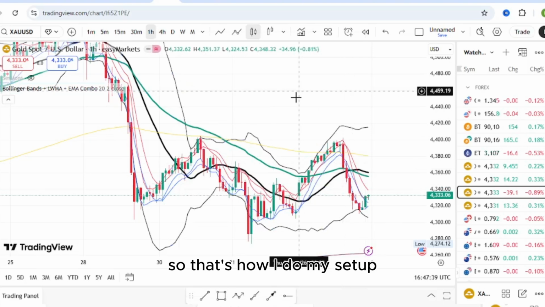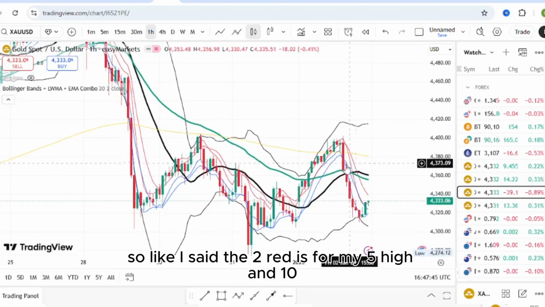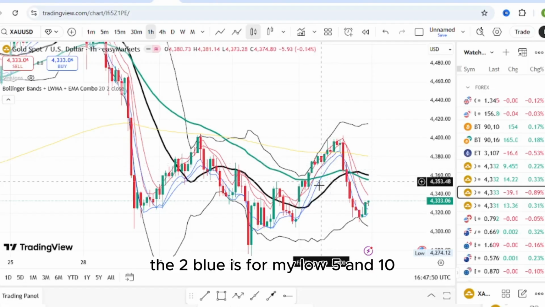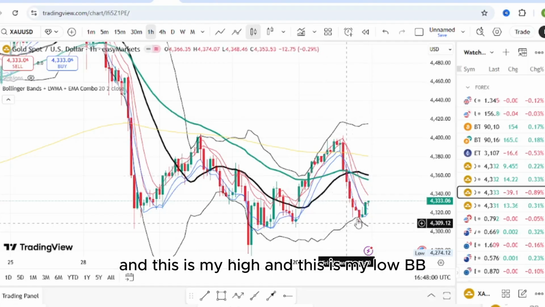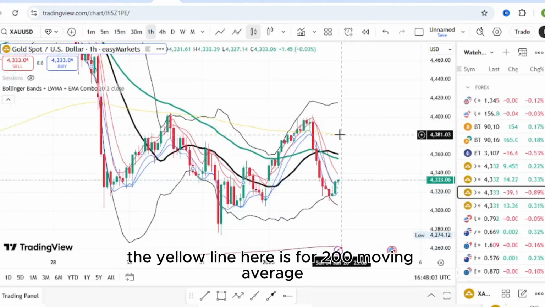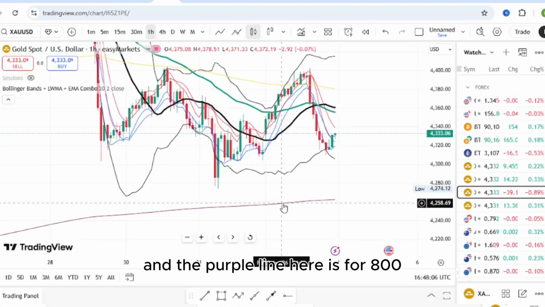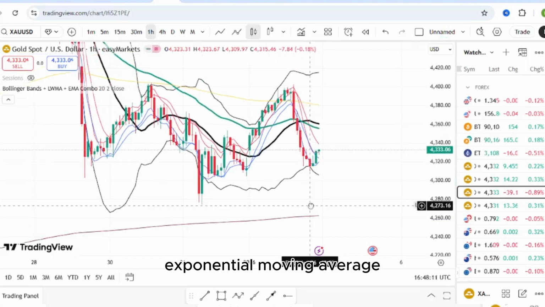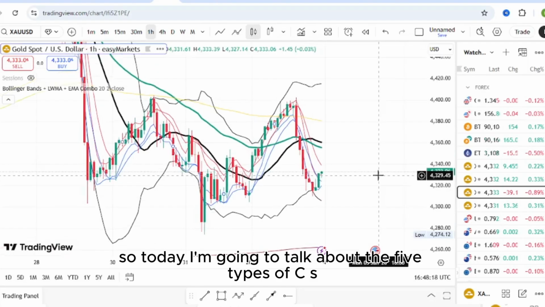All right, so let's dive in. Like I said, the 2 red are for my 5 high and 10 high. The 2 blue are for my low 5 and 10. My green is for EMA 50. The black here is for my mid BB, and this is my high and this is my low BB. The yellow line here is for the 200 moving average, and the purple line here is for the 800 exponential moving average. So today I'm going to talk about the 5 types of